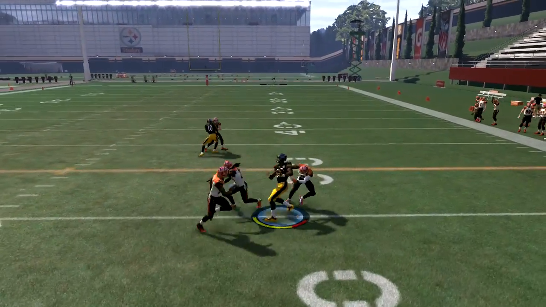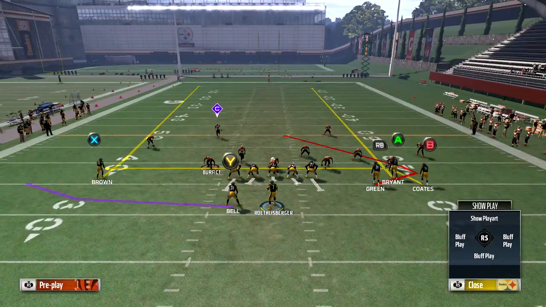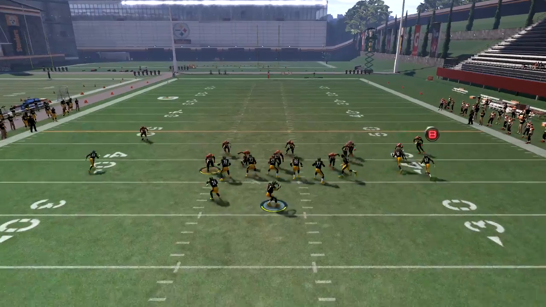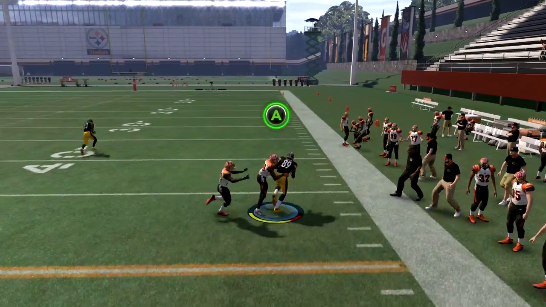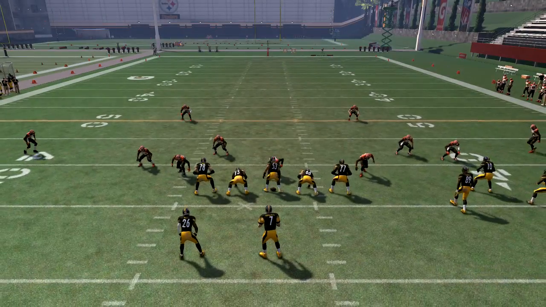You see what I did right there? Pretty slick. If you motion Green all the way across, he comes off that route. But if you just motion him in a step and snap it, he goes to the outside first. And you see how that just roasts man? It's just so hard to defend. Now,